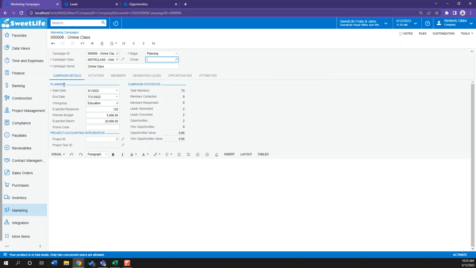We can also have, in our campaign details tab, these sections, which are planning, campaign statistics, and accounting integration. So let's go a little bit into planning. We have our start date and end date. These are the dates we are expected to start and how long we are projecting or thinking the project will last. So since this is an online class and I have this marketing campaign where we will